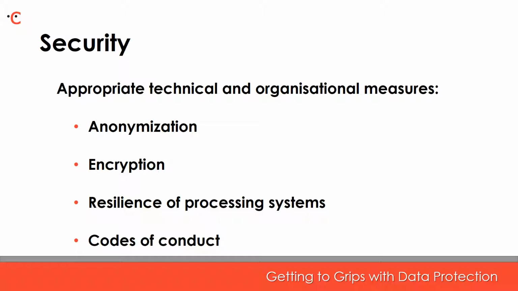Provisions relating to the safeguarding of personal data must be included in a contract. Both controllers and processors must take appropriate technical and organizational measures. These include matters such as anonymization of data, encryption, resilience of processing systems, and backing up personal data in order to reinstate it without compromising security. This could even include adherence to a code of conduct or certification program.